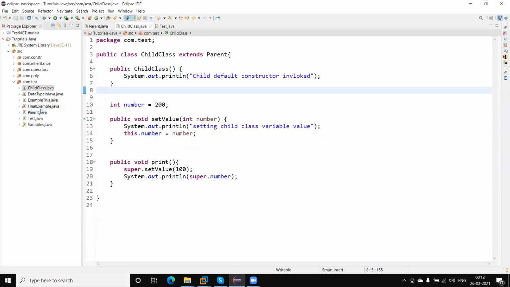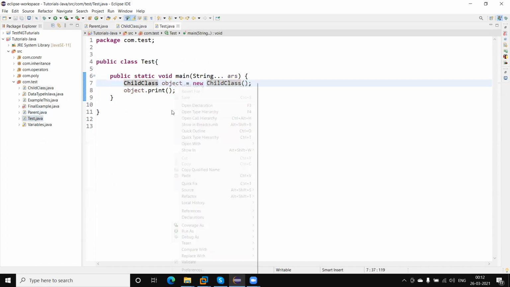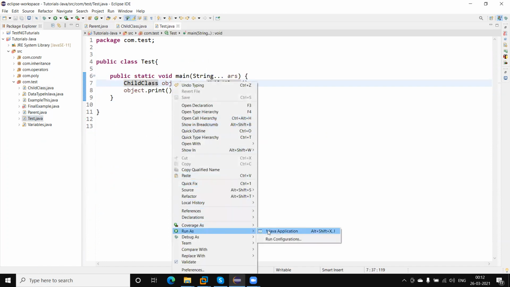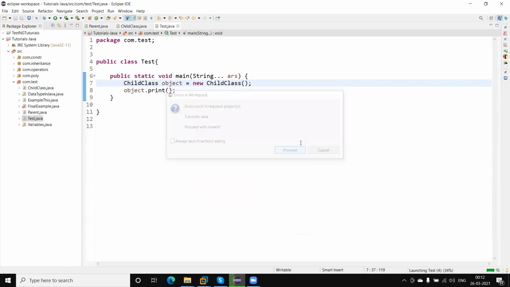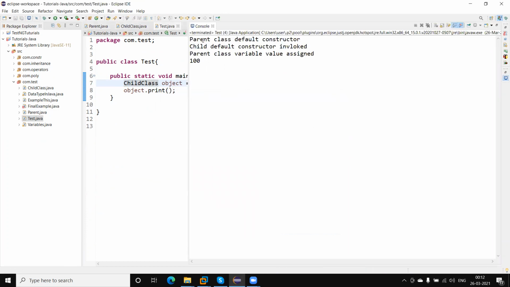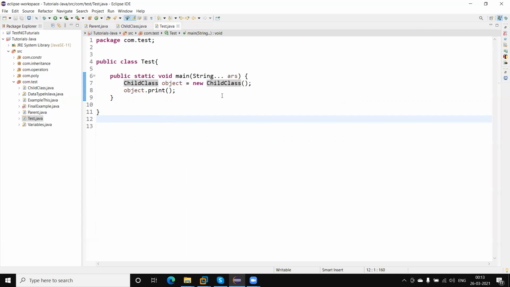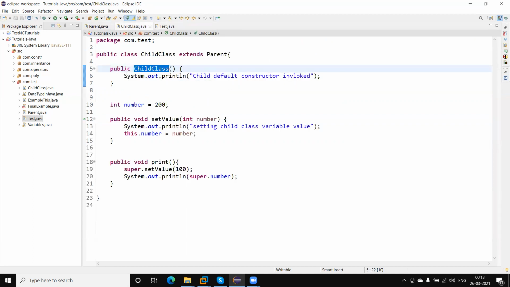Now if I run this program, by default the default constructor will be invoked. First the child class constructor is called, and here the default constructor is invoked. How does this work? Let me show. If I am calling this child constructor, first of all this will execute, added in the queue, and this will automatically invoke the parent class constructor.